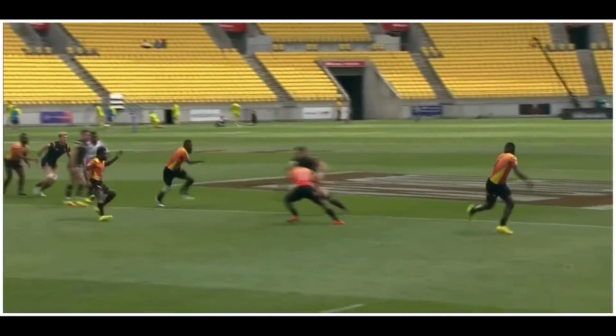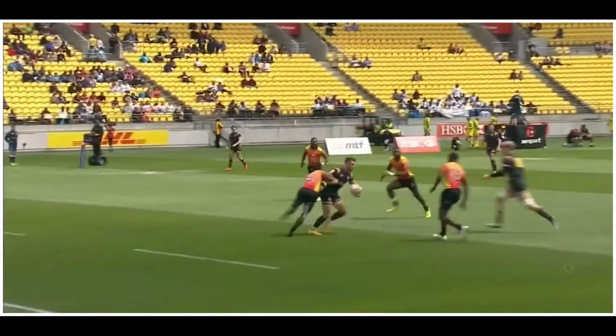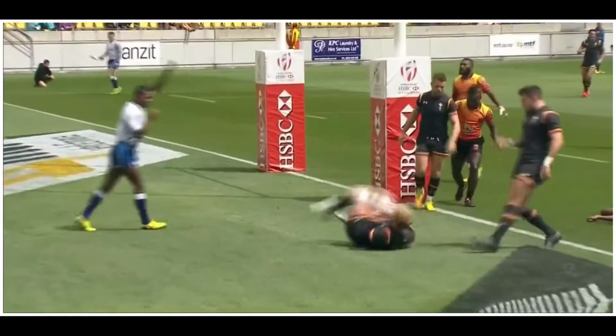But you see here, once again, we're talking about hitting and sticking and shutting down the offload. You see they're just grabbing. No one's connecting and hitting hard. Is that they're running out of...